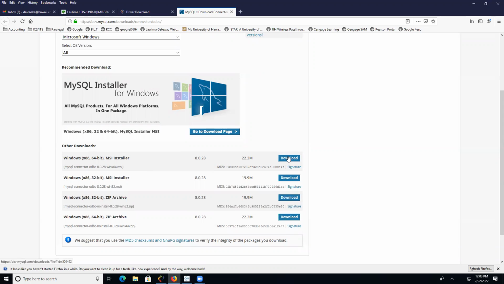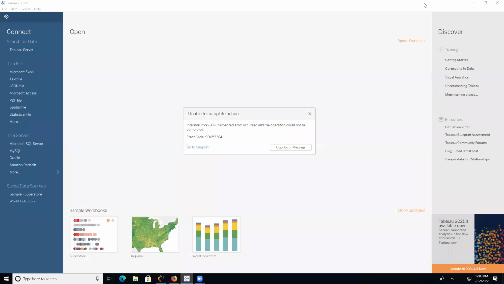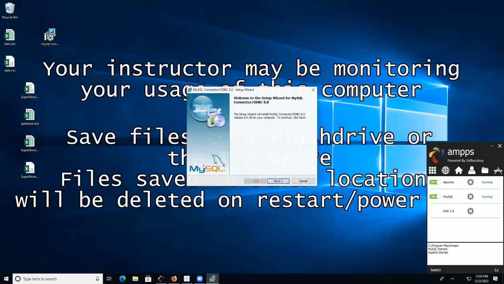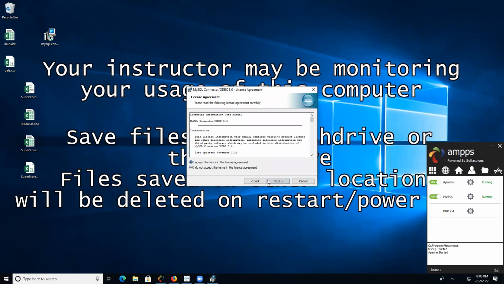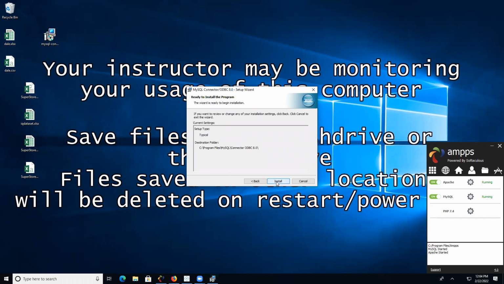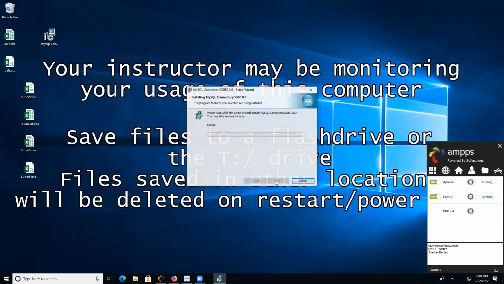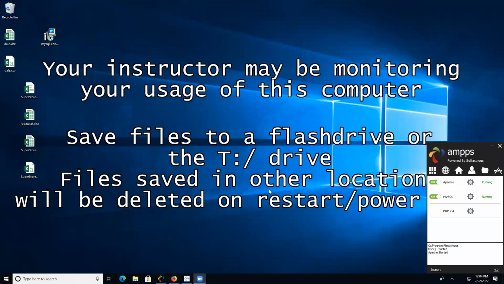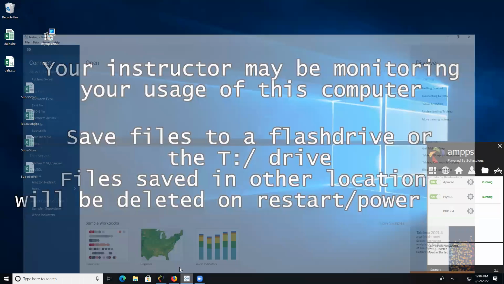I'm going to click here, and this is the one I downloaded. And then I have it on my desktop over here. Close this. Now I'm going to come in and I have this. So I have to double click on it, install it, accept this, typical, install, and then yes, and then install and finish. So, once that happens over there,